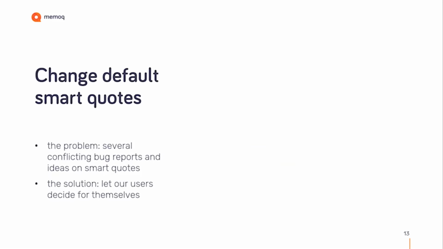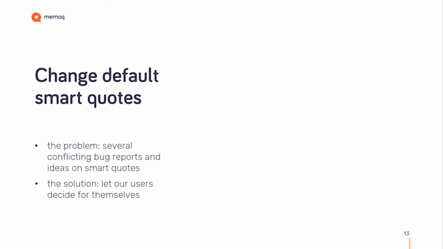Well, a new feature we introduced is what we call change default smart quotes. The problem was that over the years, we received a number of bug reports that in certain languages, the smart quotes were defined incorrectly in memoQ. And even bigger, the problem was then that after a couple of years, in some cases, for the very same language, another user would say, well, this is wrong, the original was better, or even suggested a third one. So we kind of got lost in the middle of all this, and we figured it would be best to leave it to the user to decide